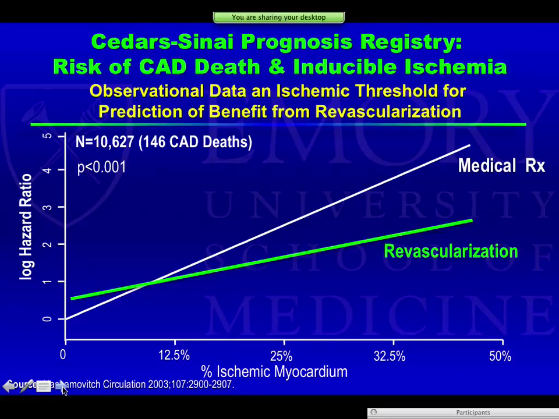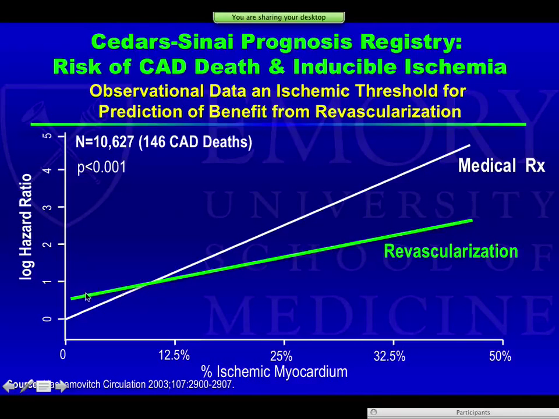Probably the biggest piece of evidence was this observational paper of some 10,000 patients from Cedars-Sinai. There are two curves here, for those in the room who may or may not be familiar with looking at log hazard ratios. They aren't my favorite to look at either. The patients in white are on medical therapy, and this is revascularization. The lines cross at around 10% ischemic myocardium,